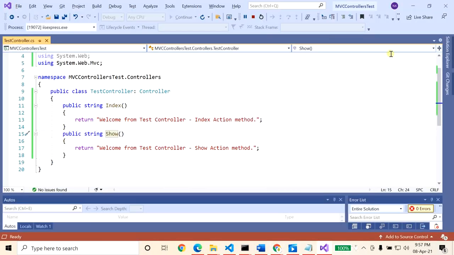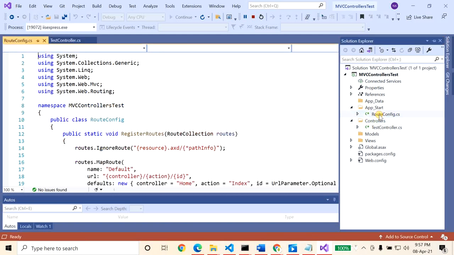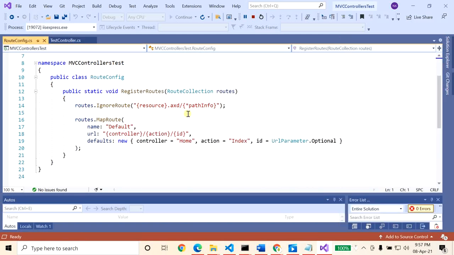Why? Because if you go to the solution explorer, in the App_Start folder, RouteConfig, there is a RegisterRoutes, and in routes.MapRoute you can see the URL pattern is controller, action and ID.